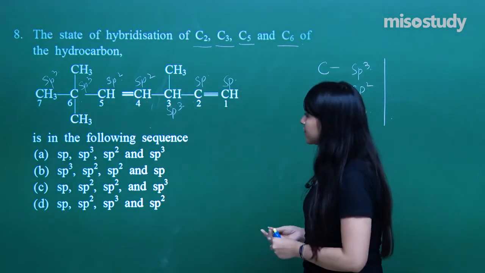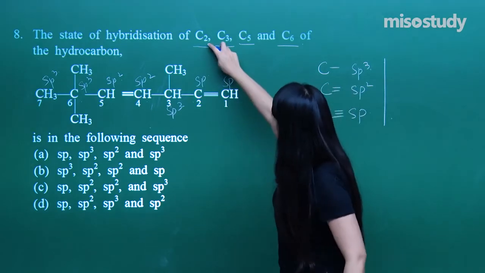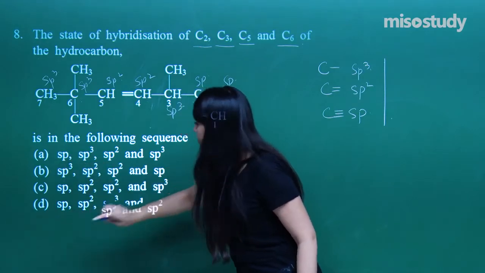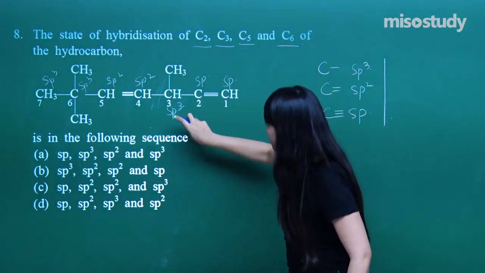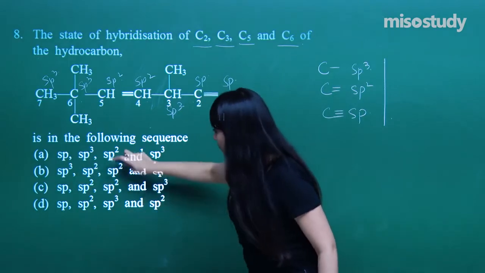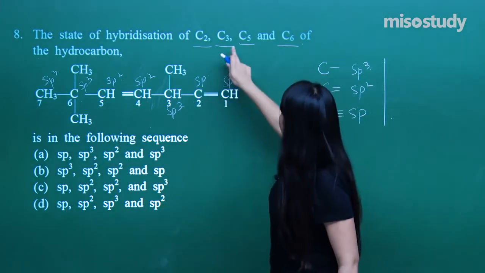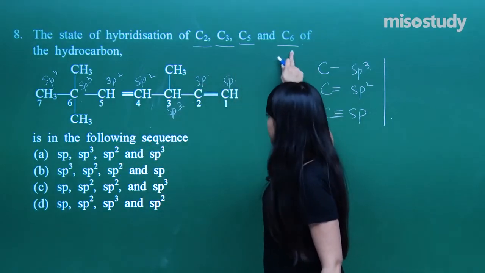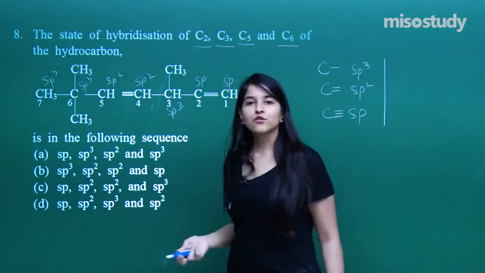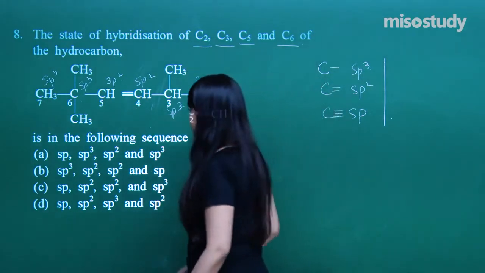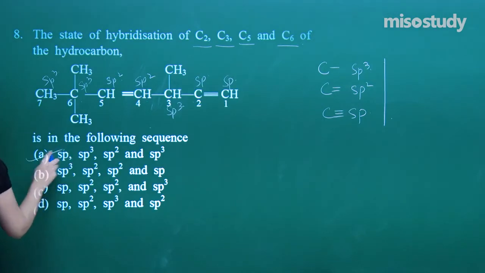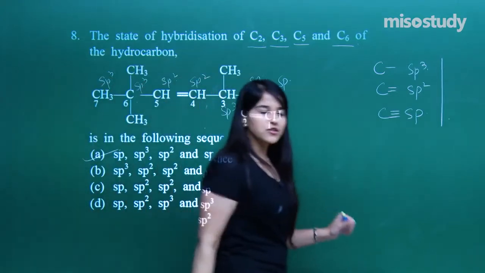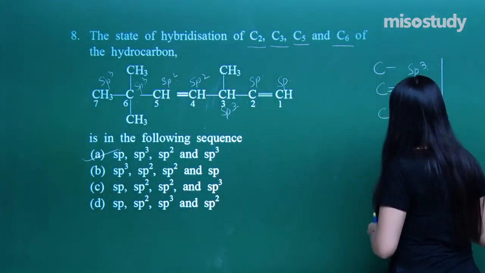So here what do we have? For C2 I have got sp, yes, we have marked out 3 possibilities. For C3 we have got sp3. So where is the sp3 involved? Definitely here. And followed by C5, which is again sp2, confirmed, and followed by C6, which is sp3, that is also confirmed. The answer has been confirmed. It is option number A. So I hope you all have got the answer over here. Let us just move on to the next question, the second last question of this lot.